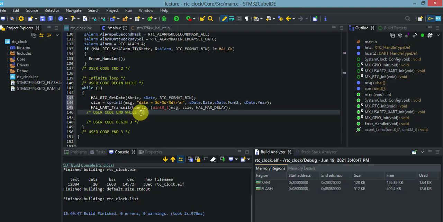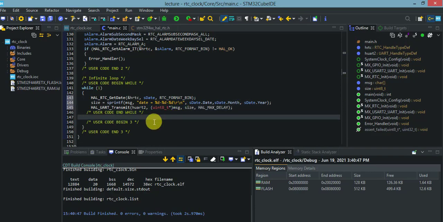I have typecasted it to the address, so I have to use this star over here. So now this message is transmitted from the UART2 peripheral to the Teraterm. So this is basically what we have to use to send the date. Now I have to send the